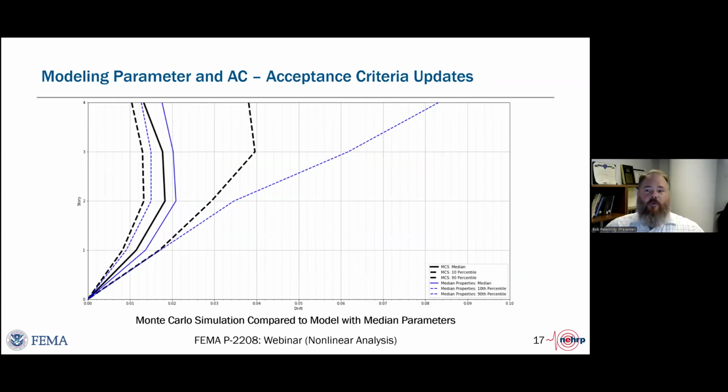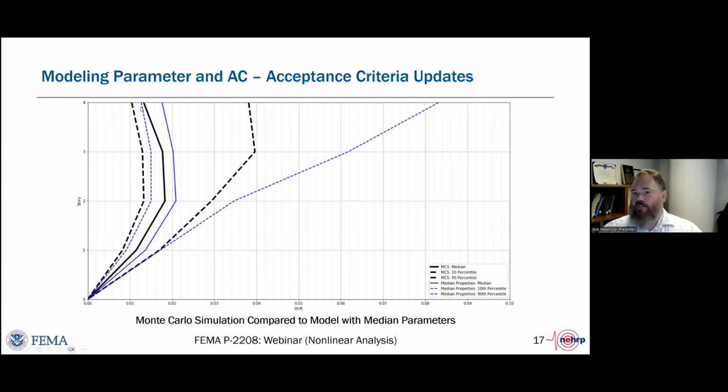And so one of the things that we decided to do to understand the response, or the sensitivity, of nonlinear analysis models to the choice of the backbone curve in the modeling parameter was to do some Monte Carlo simulations where we built the model using only median properties, and then also built the model with backbone curves that were based on a 10th percentile and a 90th percentile of the modeling parameters, and ran the nonlinear response history analyses to see what the spread would be.